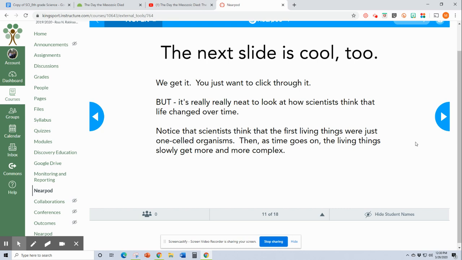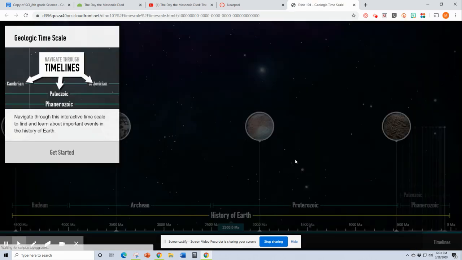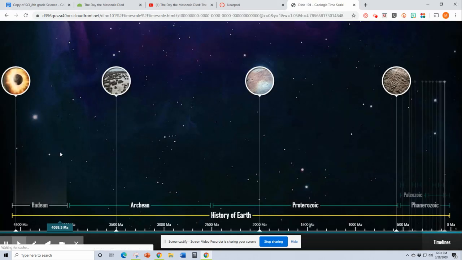What we want you to see on this next one is another example of a timeline, but this time the timeline's just going left to right. And the big pattern that I want you to see from this is how living things, our fossil evidence shows us that we started with these single-celled organisms, one cell big, and then as time goes on, the living things slowly get more and more complex. So I'll show you the easiest way. Again, I'm not going to go all the way through this, but if you click Get Started,